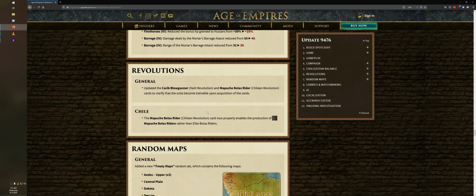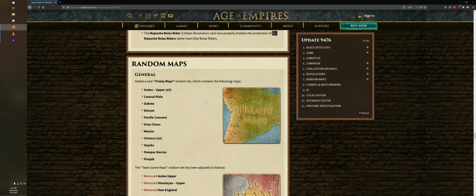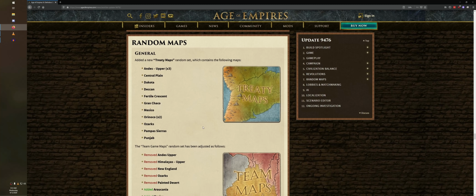Okay. Random maps. Added new treaty maps random set which contains the following maps: Andes Upper, Central Plain, Dakota, Deccan, Fertile Crescent, Gran Chaco, Mexico, Orinoco, times two, so you get both of them, Ozarks, Pampa Sierra, and Punjab. These are all really, really good maps as well. Except for maybe Gran Chaco. Not a fan. Though I'm a trade route guy, so...